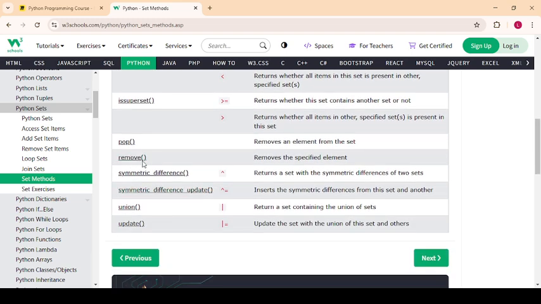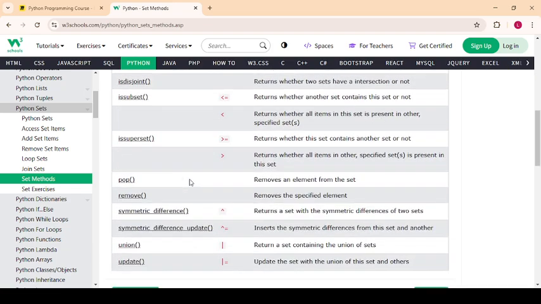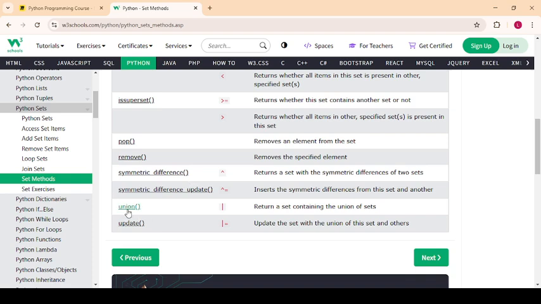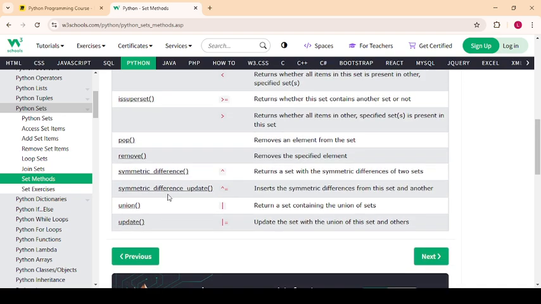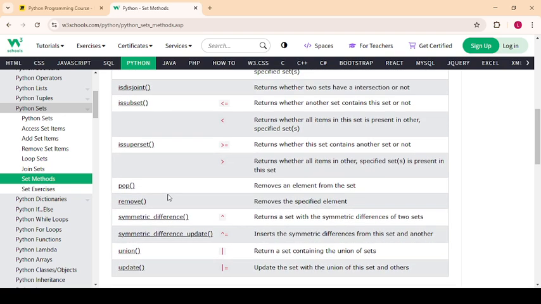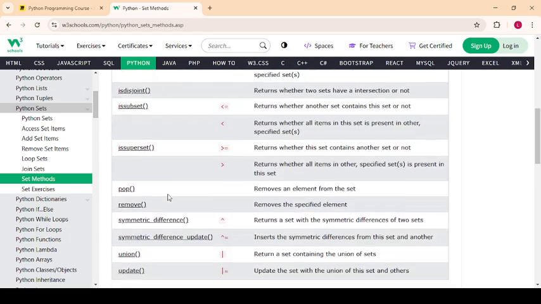Then remove, which removes a specified element, symmetric difference, and union. I will explain the update method, union method, as well as intersection method.